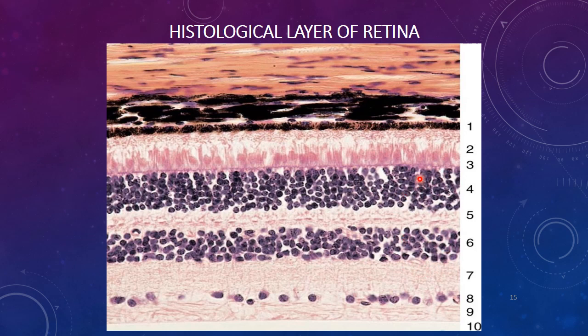So that's how you can see the histological slide of the retina under the microscope, and I hope till now you understand its structure. Here you must remember that retinal detachment is actually the separation of the retinal pigment epithelium from the rest of the neural layer of the retina, and it is most commonly seen if there is any injury or in conditions, especially in diabetes mellitus.